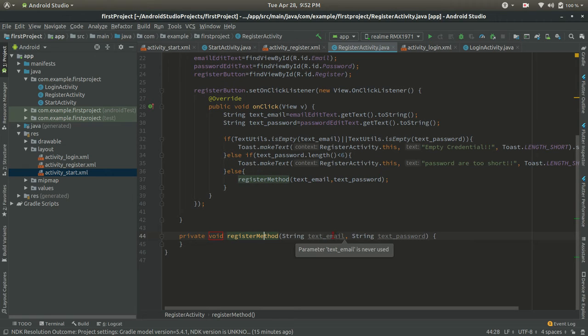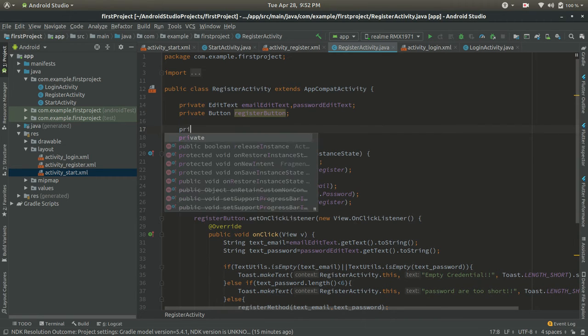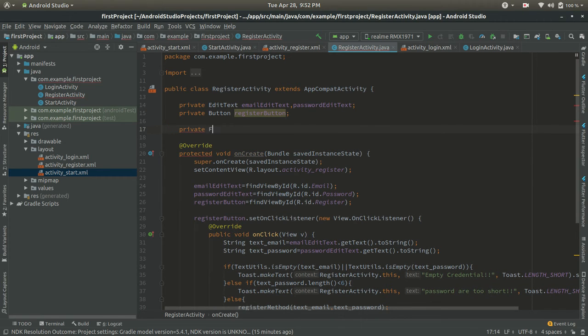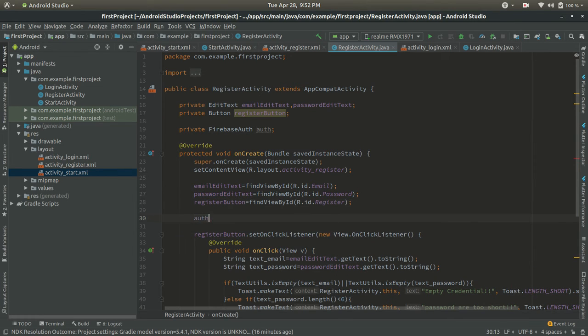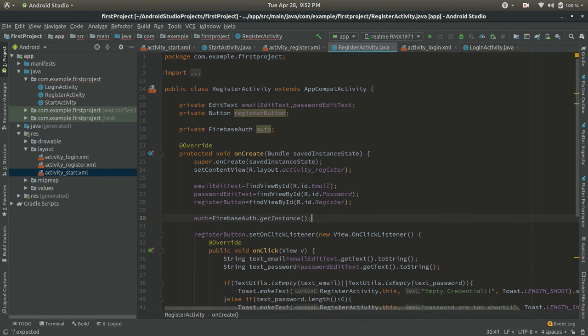So you can see it's passed the text email and text password. So now come here and create private FirebaseAuth auth equal to FirebaseAuth dot get instance.